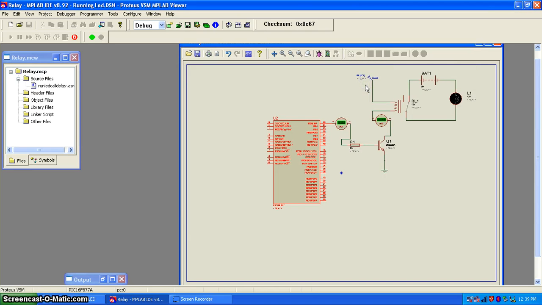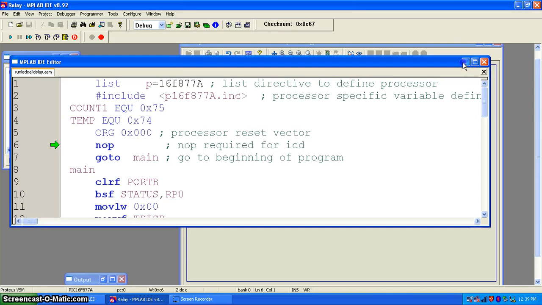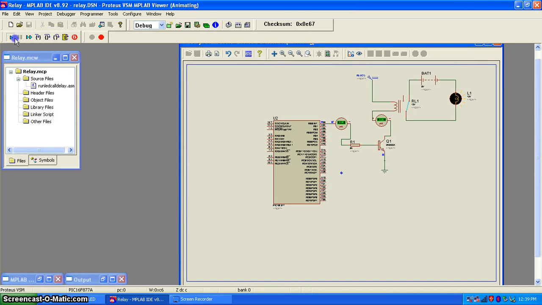Interestingly, if I run this simulation, this LED is continuously turning on and off, but the on time and off time is varying. Ultimately, as the port status changes, the running LED program is actually running on this microcontroller, but because of the connectivity to the relay, the relay is turning on and off. To turn the relay on or off, the requirement is that when the driver transistor is on, the relay will be on, and when the driver transistor is off, the relay will be off.